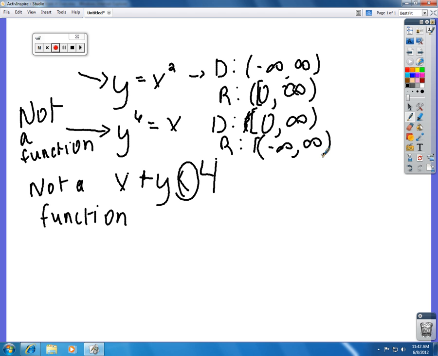Right. So then the last one, whenever you see something like this, if there's no exponent involved with an inequality, you will always be able to plug in values for x and y that will make it less than 4. So really x or y could be anything. So whenever you see an inequality like this, as long as there's no exponents involved, the domain and range are always going to be negative infinity to infinity. So